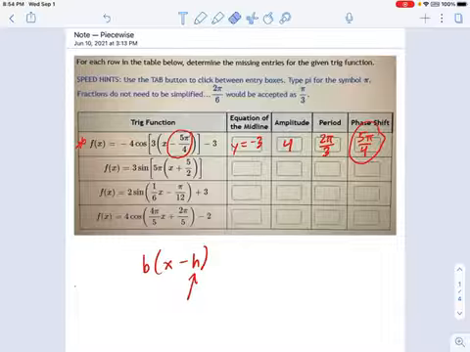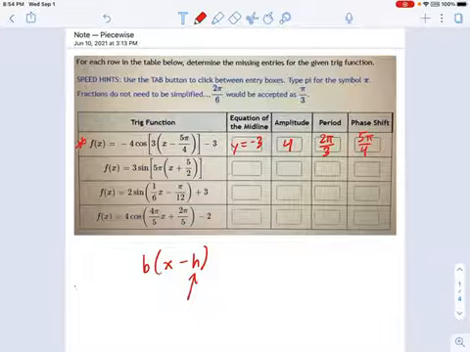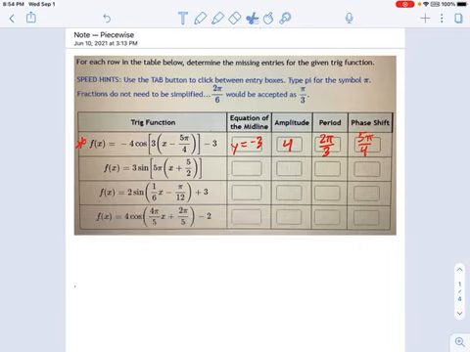You can think of that as in the horizontal shifts left and right. Remember, negative went right, positive went left. It's sort of like that with the sign flip. Okay, so that's the first example of this. I want to go through one more example, and then I think you'll get the idea.